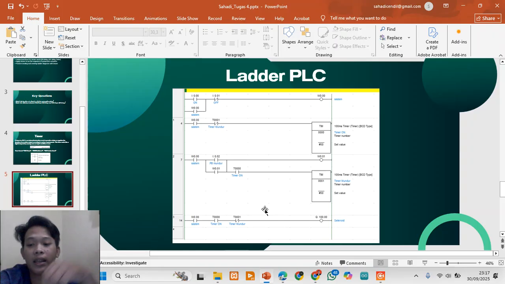Finally, the last rank is the final actuator output.